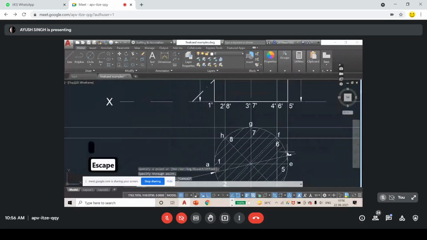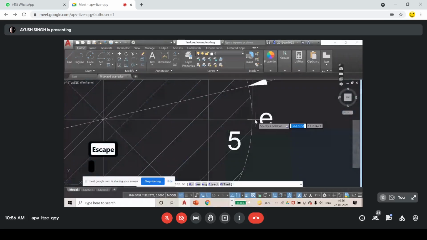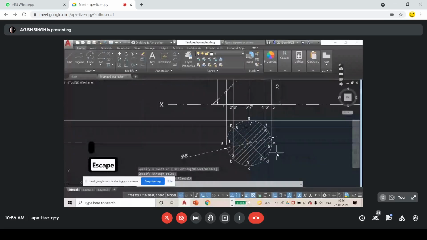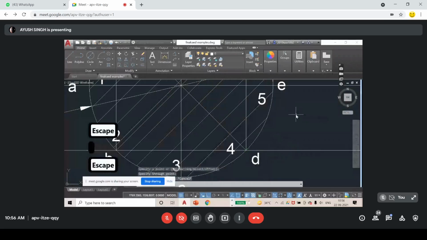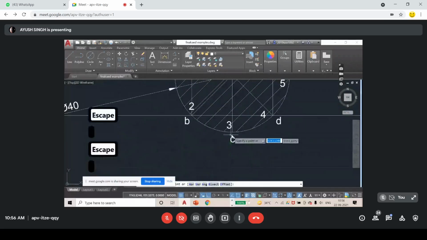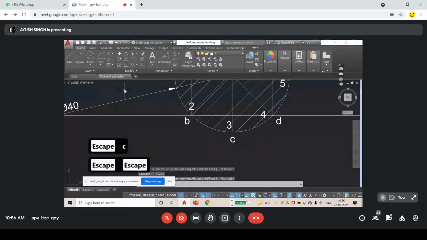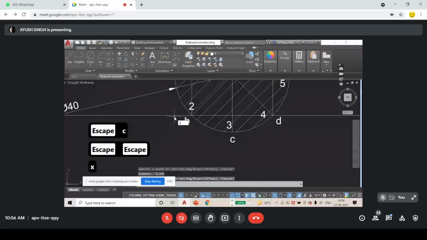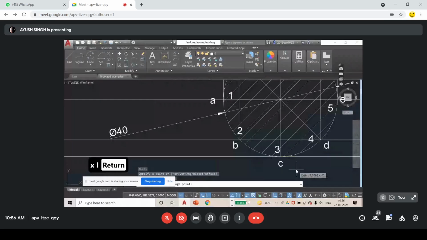Okay, I am done with creating the X lines.